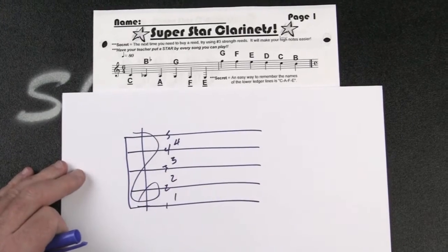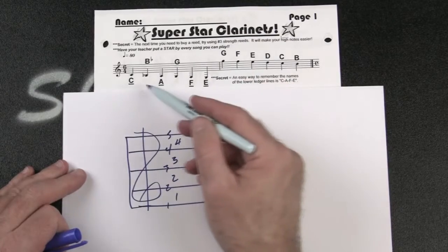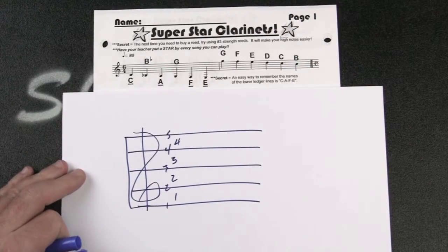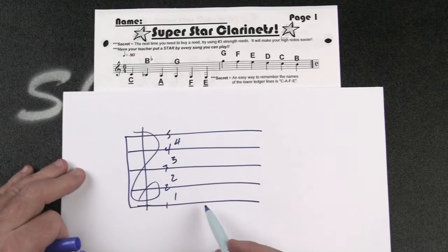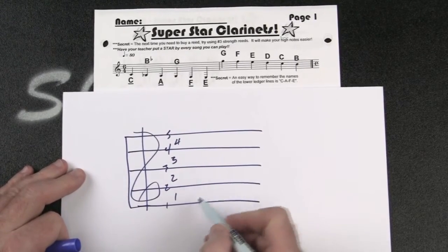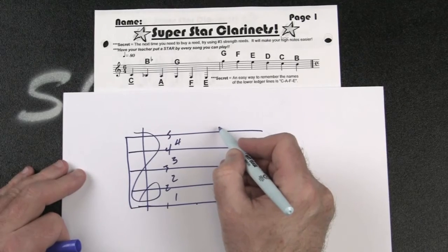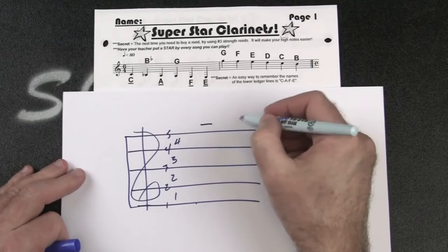But the problem comes in when we start looking at our superstar clarinet. What happens when the notes go too low that they don't fit on the staff anymore, or potentially even too high? We end up adding something we call a ledger line. It's the same thing as if the staff just got extended even further down or up. So in this case we have line, space, line, space, line, space, line, space, line. A space is above there, but if we wanted to go a line above that, we would need to add another line above that. We call that a ledger line,